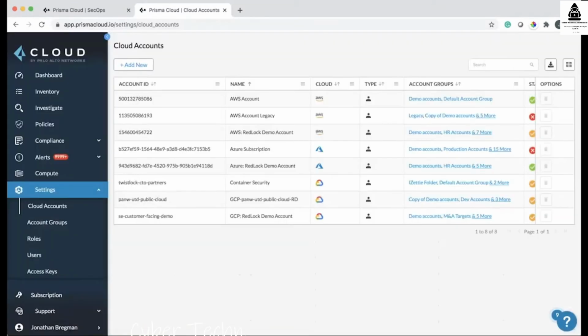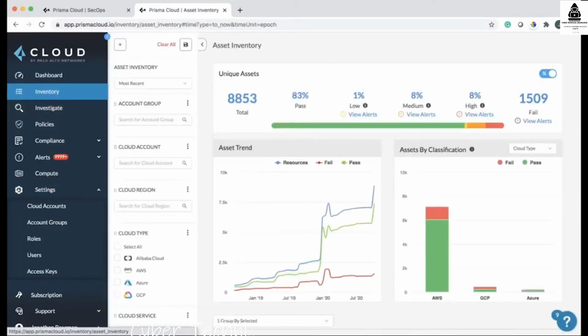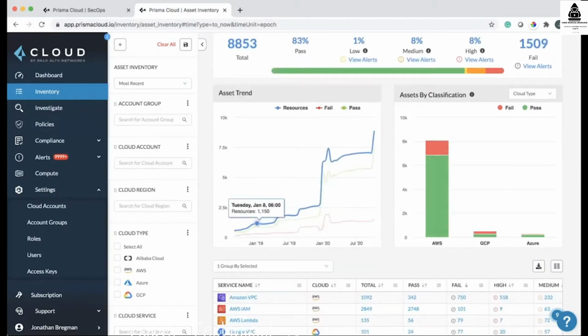And from there, Prisma Cloud begins building an inventory of all of the assets or resources deployed across your multi-cloud environment. You have a high-level overview of all of the unique assets deployed across your multi-cloud environments, how many have passed relevant compliance standards, which we'll get to more in a minute. And then you can also see a trending view of as new assets or resources are deployed over time in